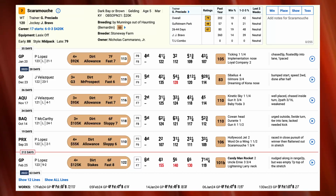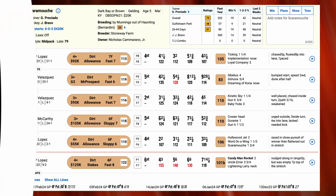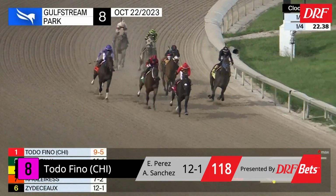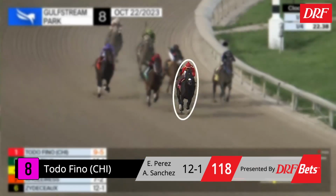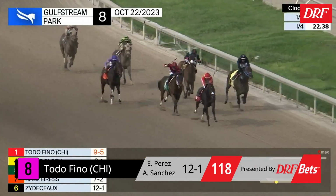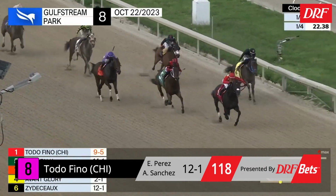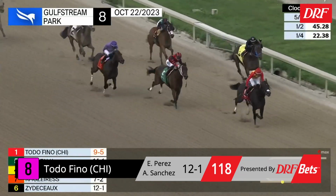The number 8 is Todofino, who is another one that's going to be gunning for the early lead. He's a horse that really does seem like he needs to be in front to have his best chance. And we'll take a look at his last victory, which actually came going the 6 furlong distance at Gulfstream Park back in October of last year. And he did what he wanted to do this day, got to the front end and was just able to hold off every challenge, but did earn this victory against softer competition than he's going to be encountering on Saturday